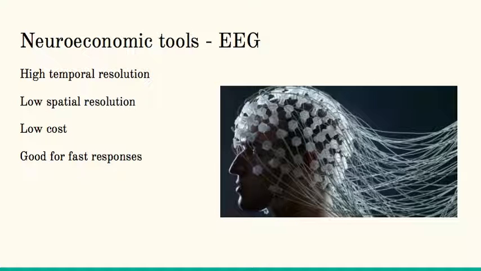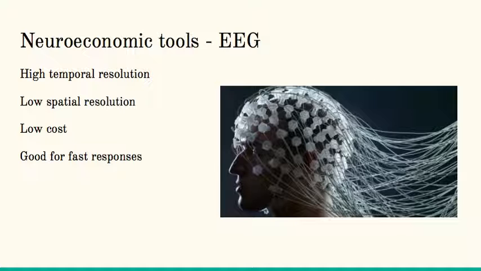However, the EEG only picks up action potentials across the scalp and very surface of the cortex. It doesn't actually go into any depth into the cortex for any kind of resolution. But it is low cost, and so it is an important tool for researchers examining specific questions related to speed